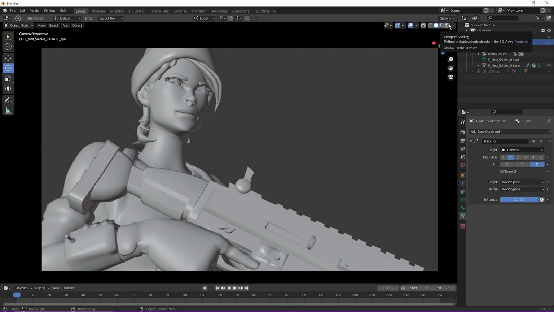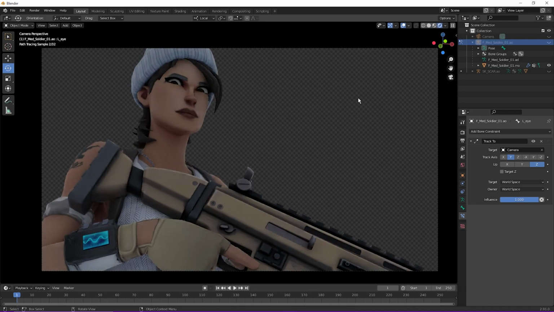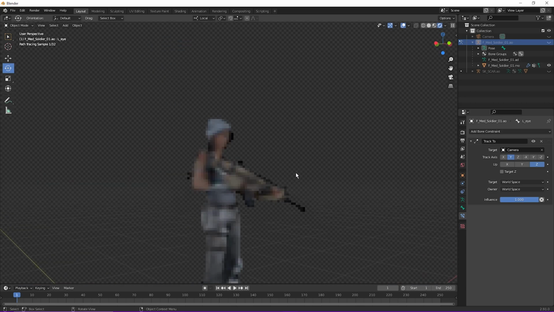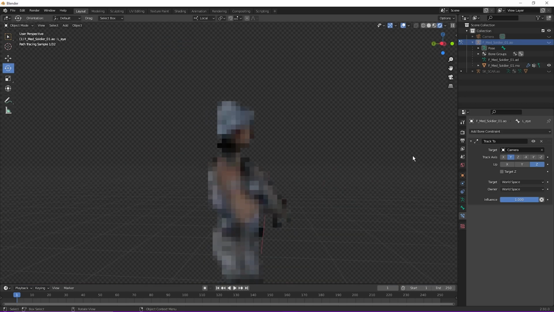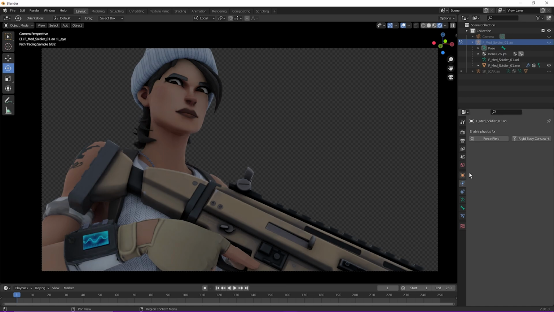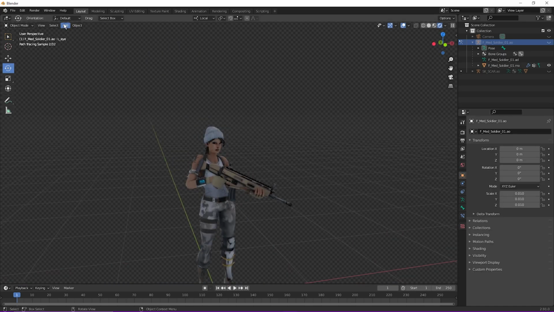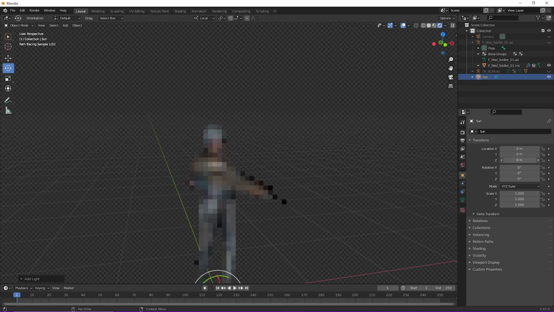Okay, so I finished with my camera angle and I'm checking from the viewport to see how it looks. For this thumbnail, it looks pretty decent. I'm not going to go too much into it as I said before. But now we can get started on lighting. So first, let's head over to this tab right here so we can move around our lights and stuff easier to get angles better. I'm going to start off with a sun, add a sun,